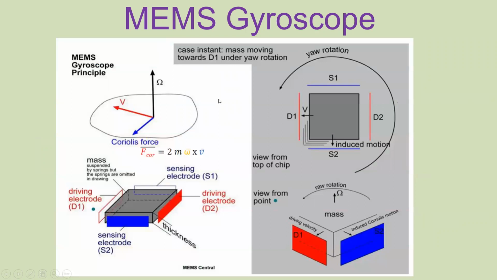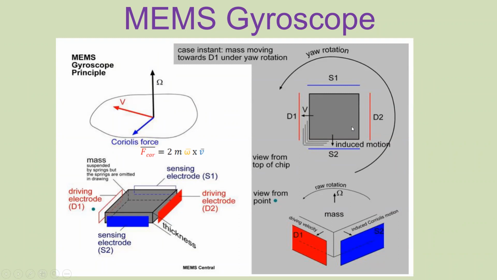Right. So this is another diagram which states the same thing in a different way. It says that if you have V and omega in these directions, you can get the Coriolis force from the cross product, that is V cross omega. So the Coriolis force will be in this direction, and the magnitude and direction are given by this equation. An example has been given.